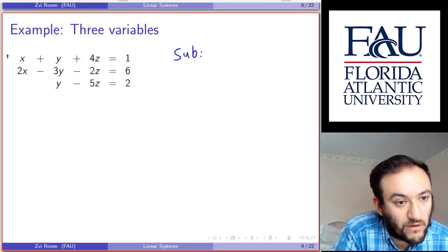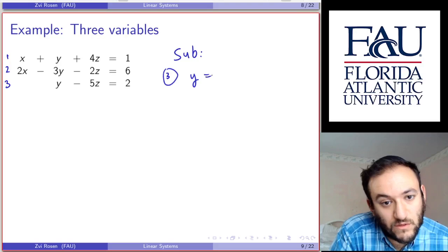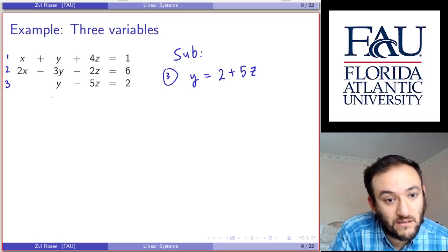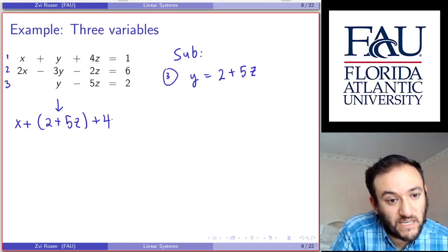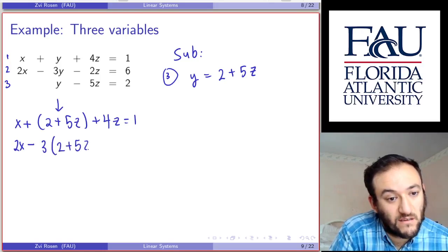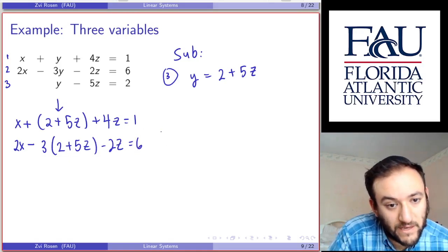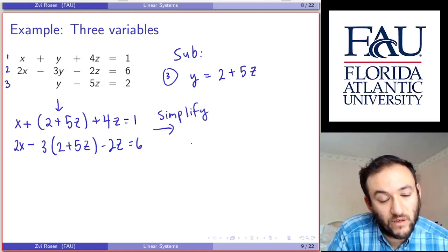So we're going to label these 1, 2, and 3. For equation 3, we're going to take y equals 2 plus 5z, and we're going to sub that into both of the other equations. So this now becomes x plus 2 plus 5z plus 4z equals 1, together with 2x minus 3 times 2 plus 5z minus 2z equals 6. Okay, simplifying, we obtain